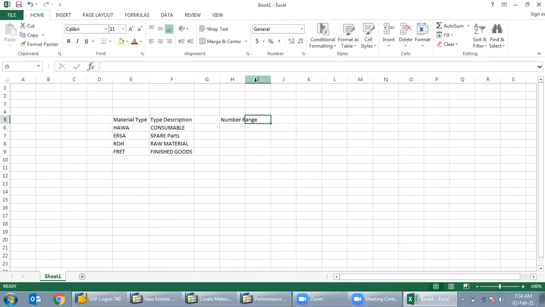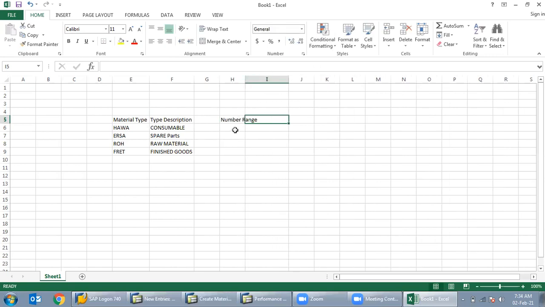Suppose in HAWA I gave 01, ERSA I gave 02, for ROH I gave 05, and for finished goods I gave 10. So this is my number ranges.